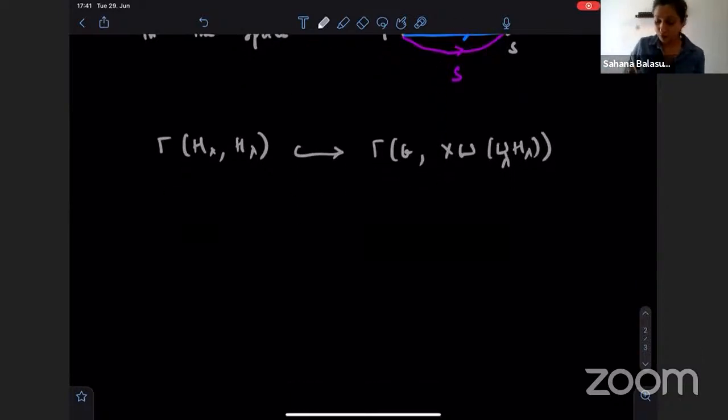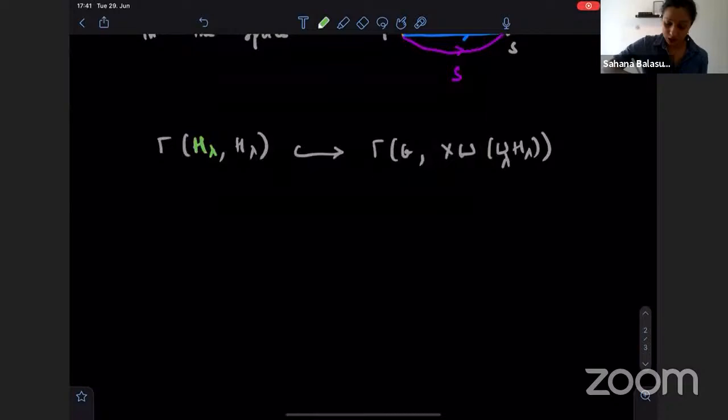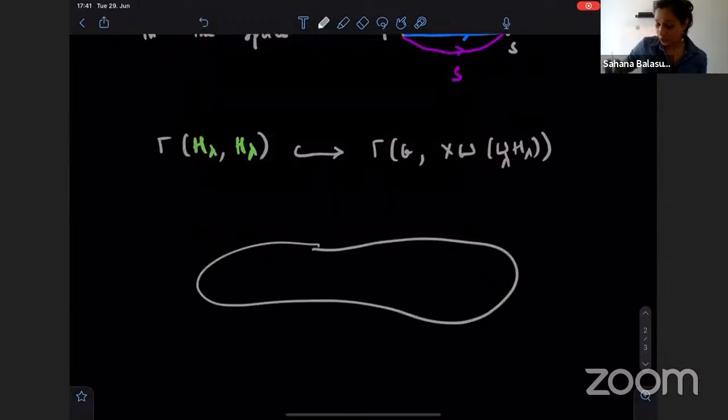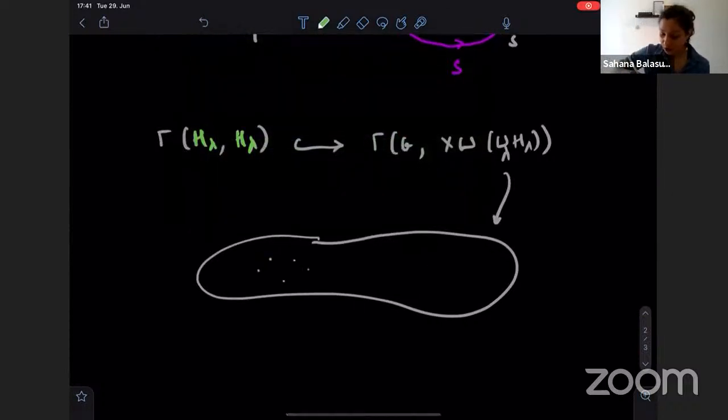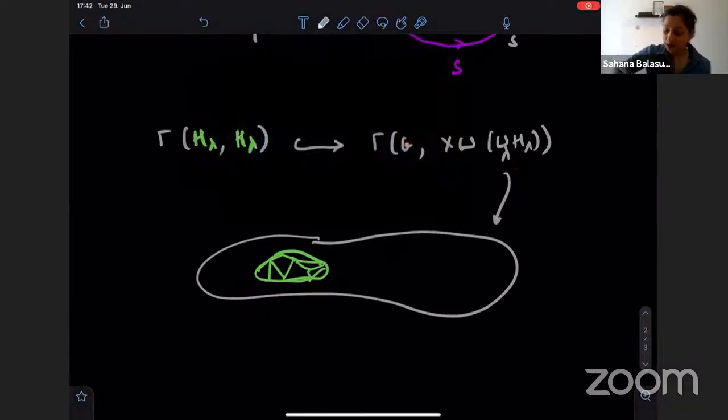I think of this embedding in the following way: let's suppose the color associated to H lambda is the green set of edges, then in my actual space, where this is the larger space, I have a set of vertices, which are the vertices of H lambda, my subgroup. But more importantly, I have the green edges that provide direct connections between these elements, because every element of H lambda is an element of my generating set. So this sits as a complete subgraph